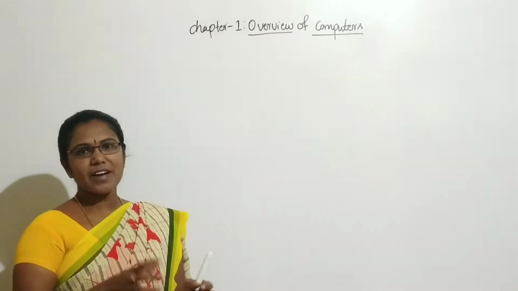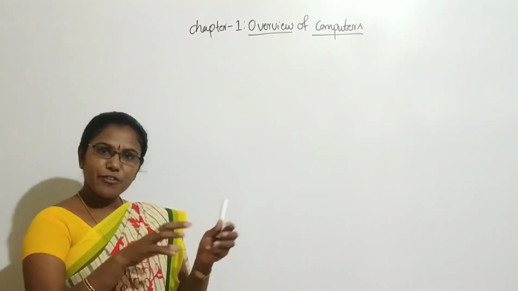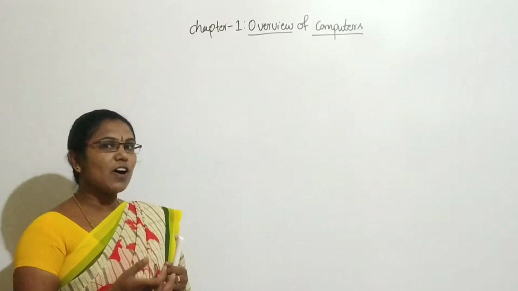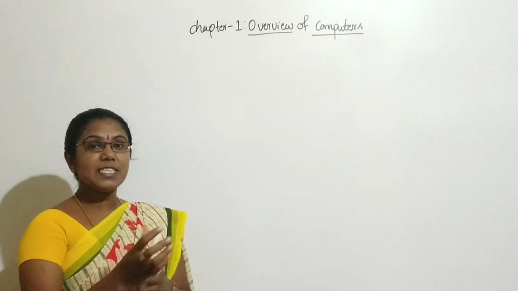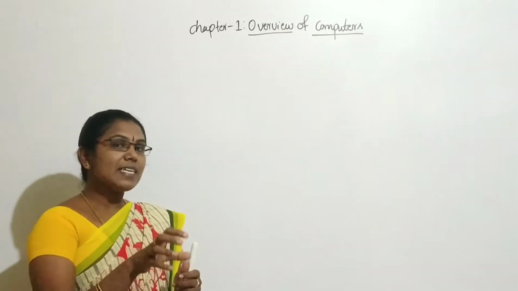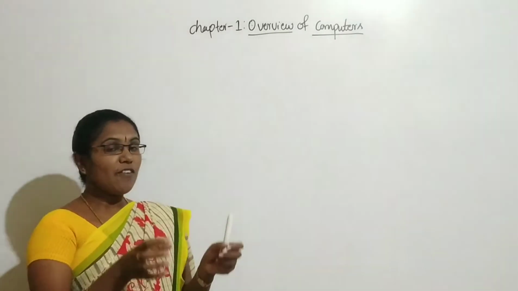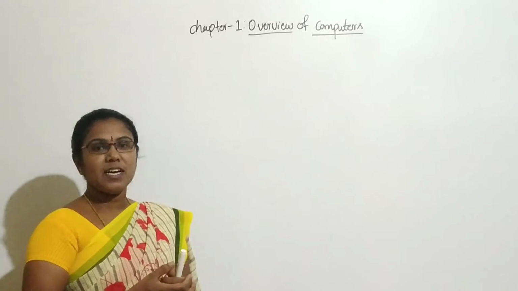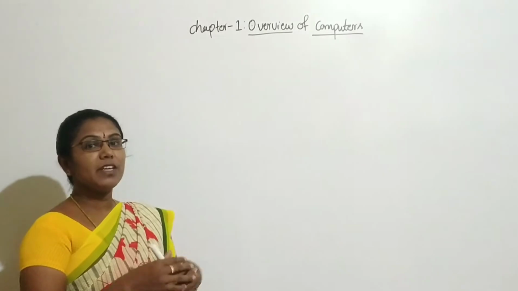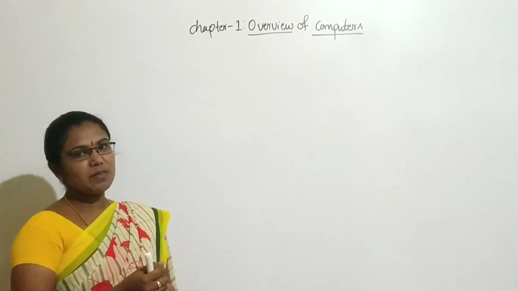Understood? So, data means raw facts. It is a collection of raw facts or figures or statistics that we give to the computer. Information means that after processing the data, useful results can be generated. Those results we call information. The processed data we call information. Next, hardware. The physical part of the computer is called hardware. What is software? A set of programs or a set of instructions that can be used to perform a specific task, or that can be used to give instructions to the computer on what to do and how to do it. Understood? So these concepts we have discussed.